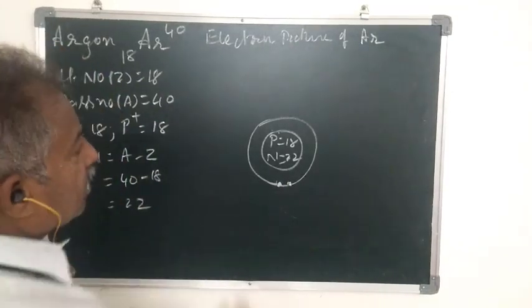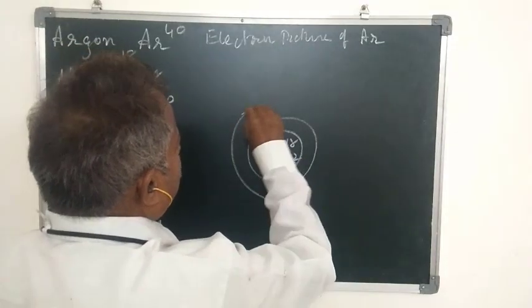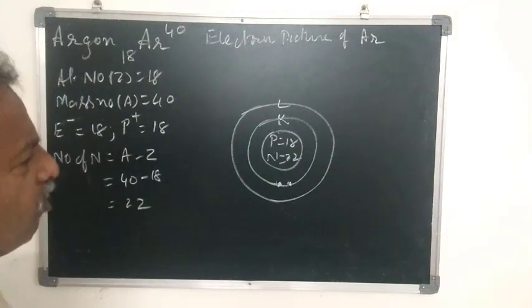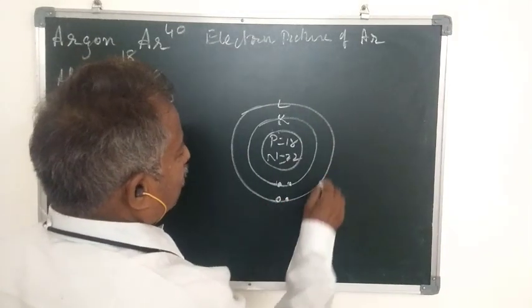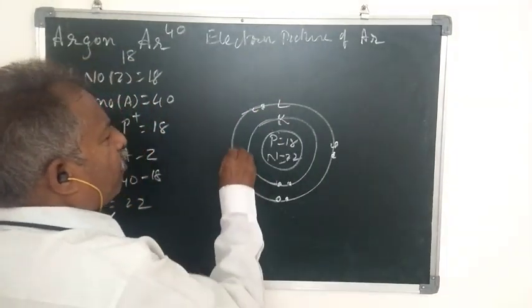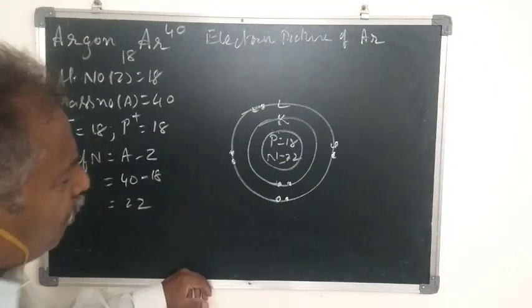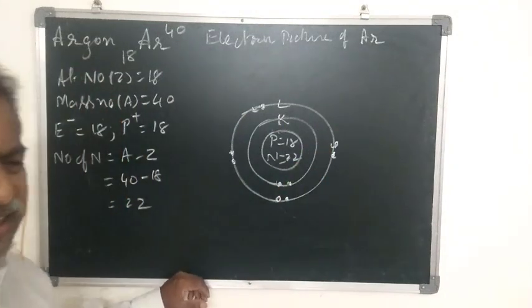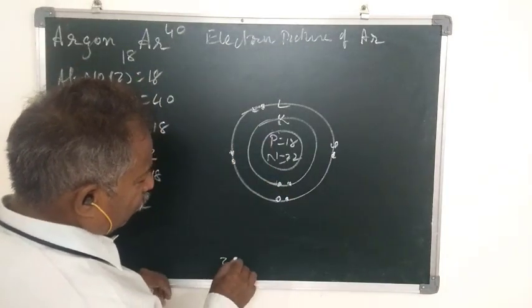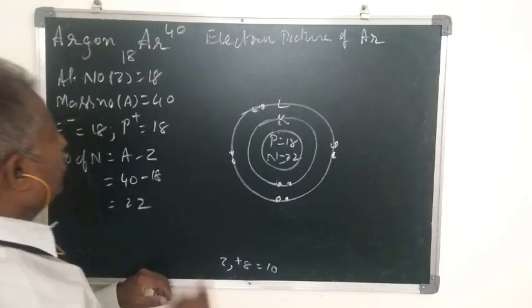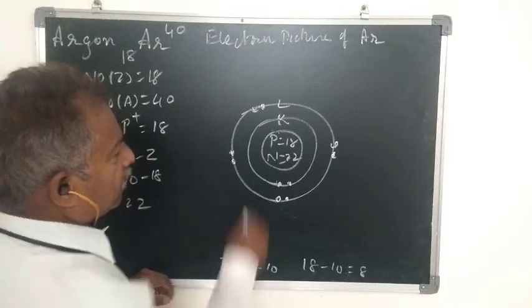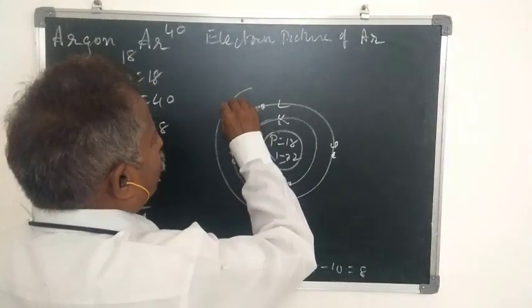Okay. Now second shell. First shell is K, second shell is L. Second shell can accommodate 8 electrons. 1 here, 2 here, 3 here, 4 here. 4 pairs. So 4 pairs means 4 into 2, 8 electrons. So you can accommodate in this way, or 8 electrons you can scatter individually also. So now 2 plus 8, 10 electrons accommodated, but total number of electrons is 18. 18 minus 10, still 8 electrons are there. So these 8 electrons enter into